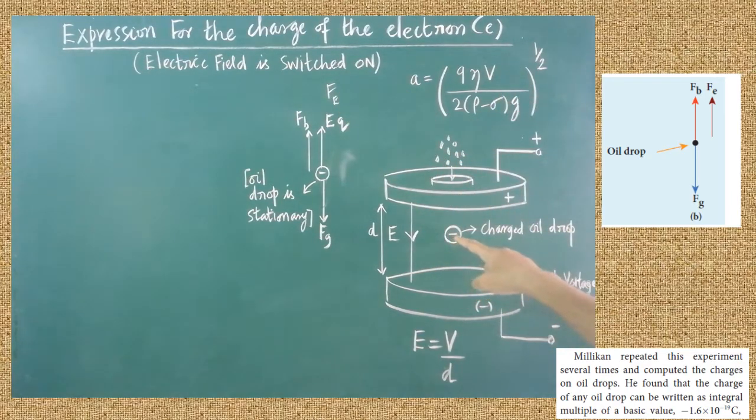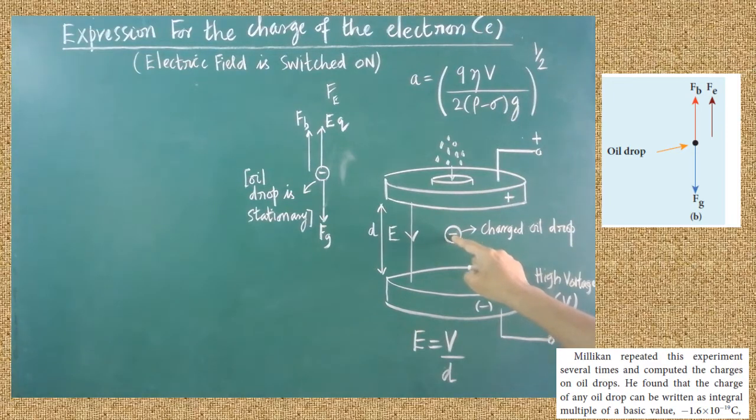Here the oil drop is charged with the help of X-rays. When X-rays are allowed to pass through this space, all the air atoms are ionized. Due to ionization, a few electrons come out. Those electrons will stick on the oil drop. Therefore an ordinary oil drop will be converted into a charged oil drop. On each oil drop, a few electrons may be sticking. Due to the sticking of the electrons, the oil drop becomes a charged oil drop. So they will acquire negative charge.